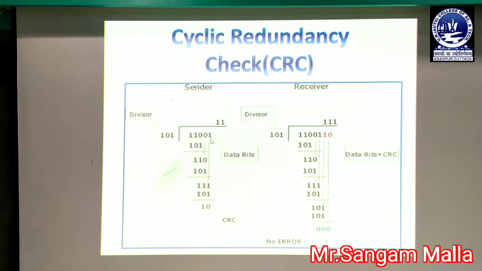So the original bit has been changed to this code word. Whatever data is formed at the receiver side after adding the remainder to the original data is called the code word. Again, at the receiver side we will divide the whole data by the divisor and we will get the data. In this way the sender sends the data and the receiver gets the data in the form of a code word, where the original data has been changed to some other code, with the remainder added to the original data. So this is all about cyclic redundancy check.